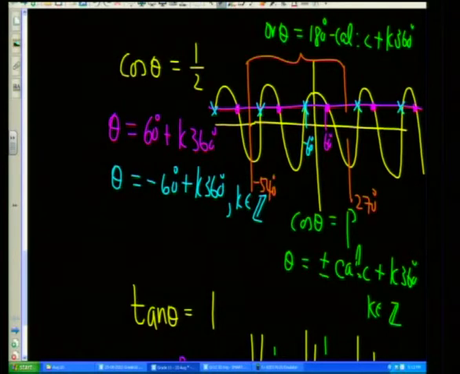So I would say, please give me solutions for cos θ = a half between -540 and 270, and you would say it would be these two,